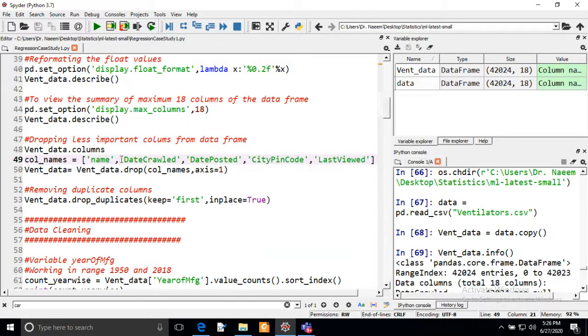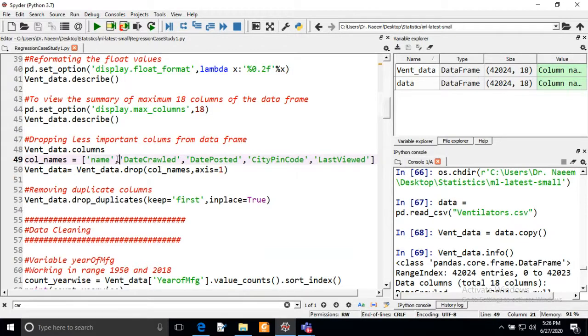So name of the seller, date crawled, date posted, city pin code, last viewed information, this kind of information is not contributing to this analysis, so we have to remove it. And later we will also check whether, except these columns, we also have some irrelevant or insignificant columns, so we will eliminate those columns too.